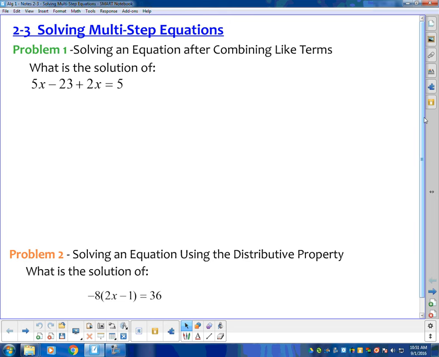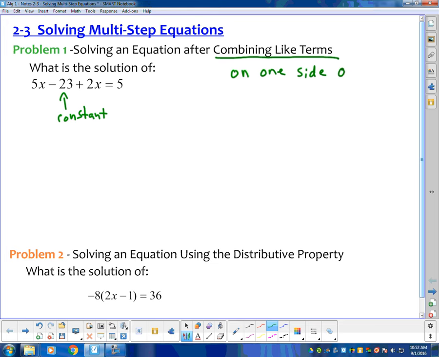If you recall, like terms are terms that have the same variable to the same power attached to them. If it's a constant, that means there is no variable attached to it. This would be an example of a constant right here. So, what we want to do is combine like terms, and I'm going to add to that on one side of the equation. So I'm not referring to inverse operations and combining those like terms when I add or subtract